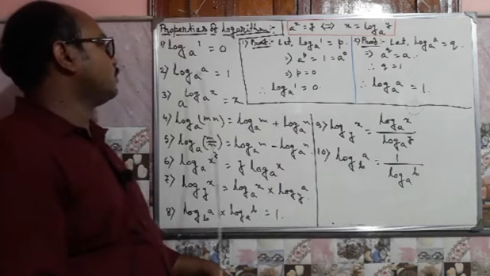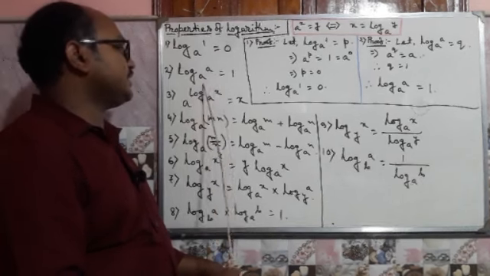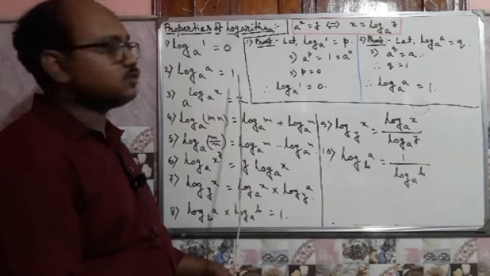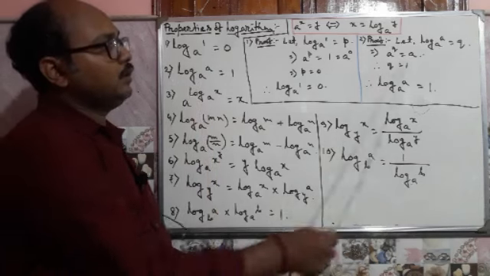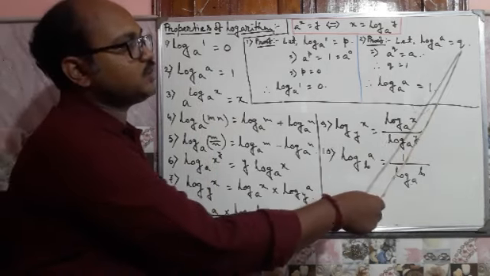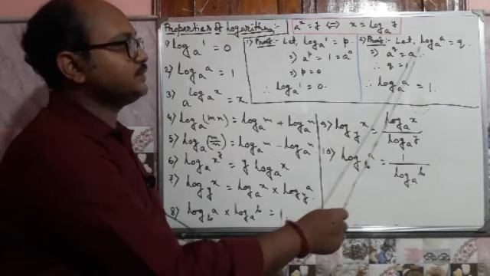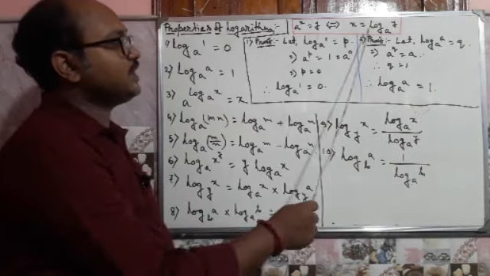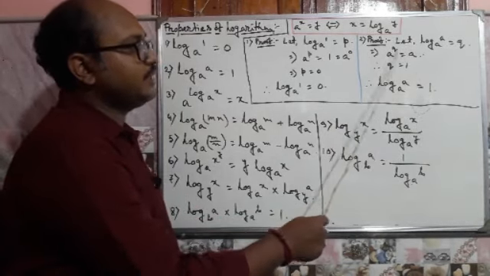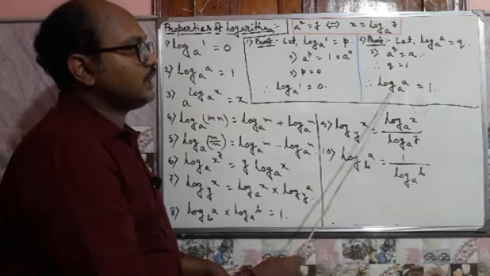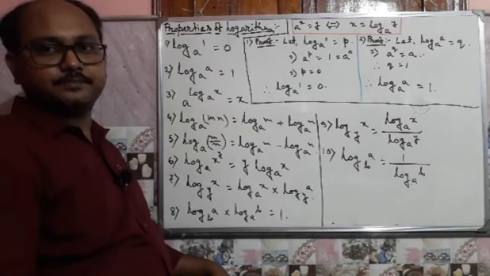Second, the proof of the second property: log a to the base a is equal to 1. This one also we don't know. We are going to find the value of log a to the base a. Let this one be q. Similarly, comparing this with the definition line, we can say that a to the power q is equal to a, that means q equal to 1. So ultimately log a to the base a is equal to 1.